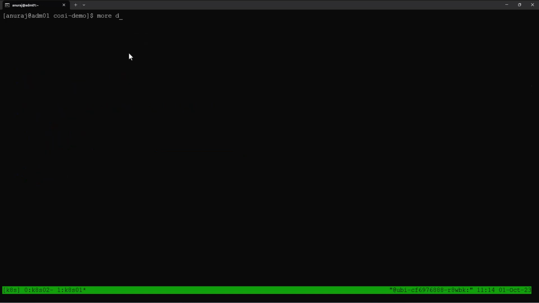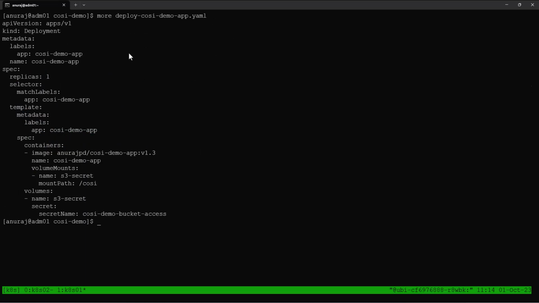Now let's deploy an application which will be using the bucket provisioned by the COSI driver. So this is a sample application which will create some files and upload those files into an S3 bucket. And we can see the secret created by the bucket access is mounted into this pod. So this pod can use these credentials to connect to the S3 bucket in the ObjectScale to upload the files into the bucket. Apply this YAML file to create the sample application